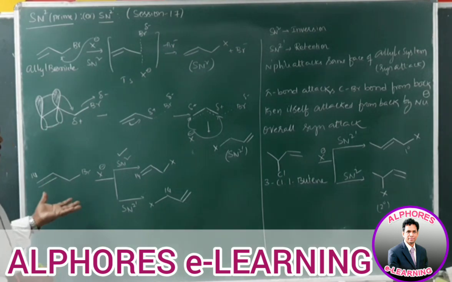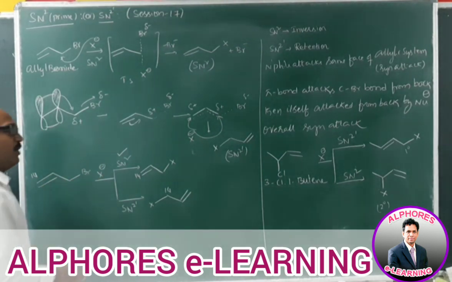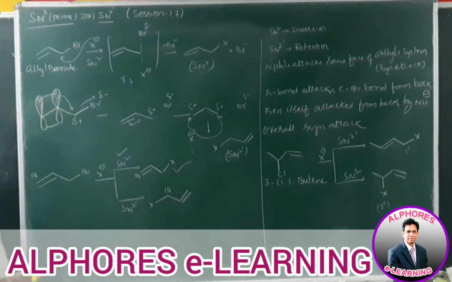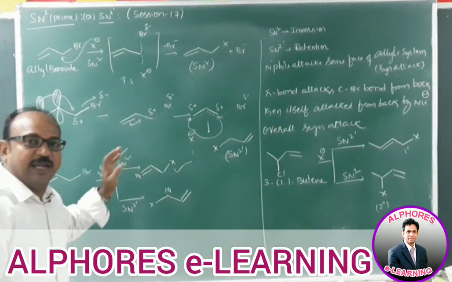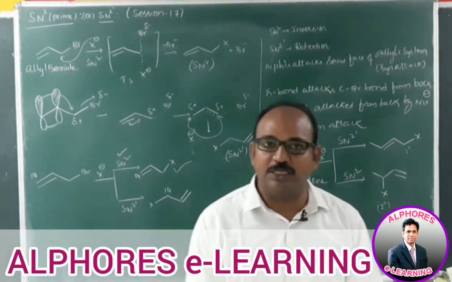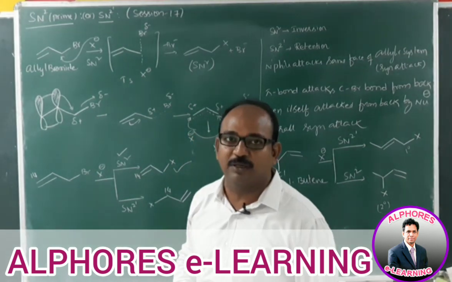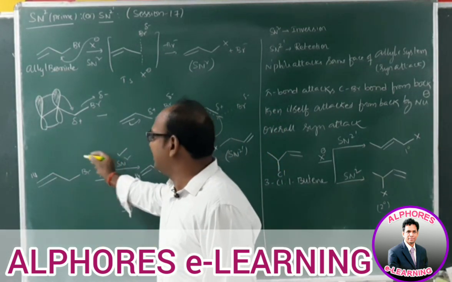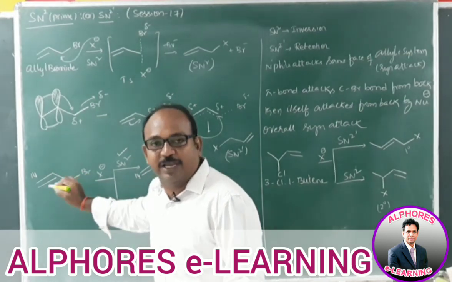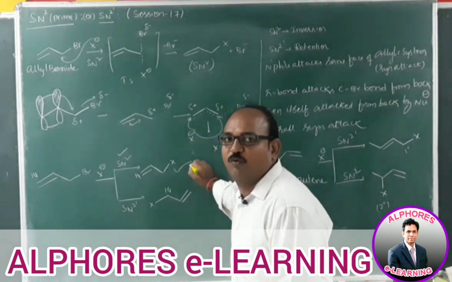Really here, only if SN2 happens, we used to get only one product where X minus is attached to the same electrophilic carbon, not to the C14 carbon, because the nucleophile earlier was not attached to the C14 carbon. If there is no more resonance here, then in such a case we used to get only one product.